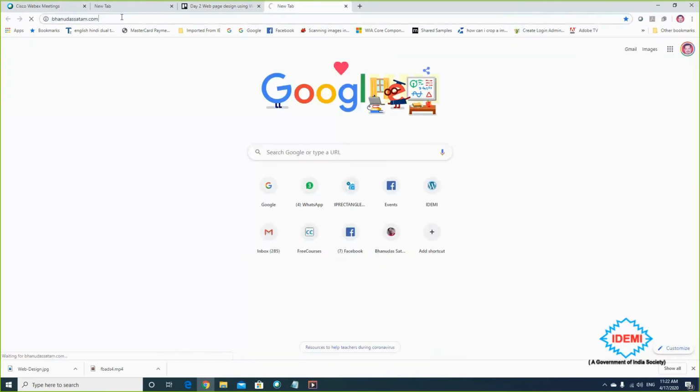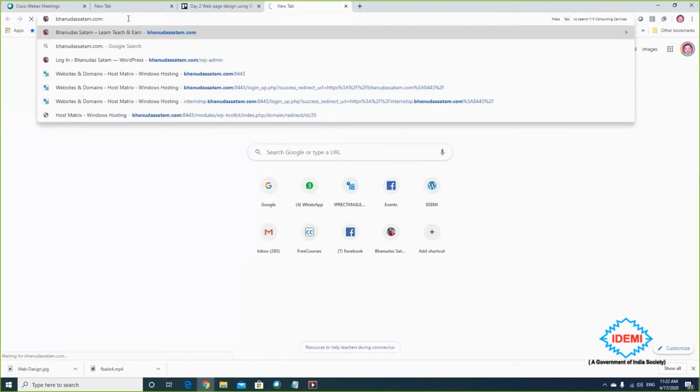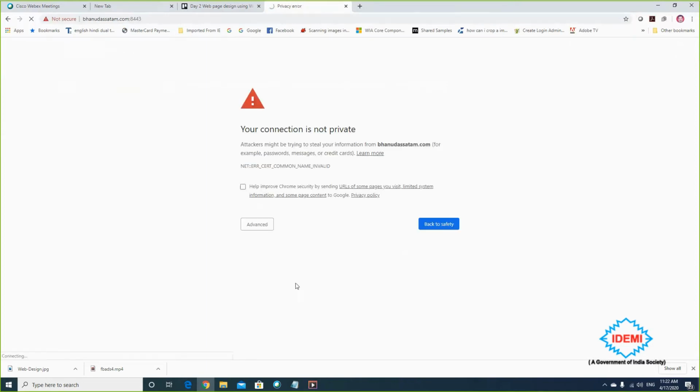Now I'm typing a colon here and writing my port number. So I'm now logging in to my Plesk panel. There are two kinds of panels provided by hosting space providers. GoDaddy also provides a control panel, also known as cPanel.